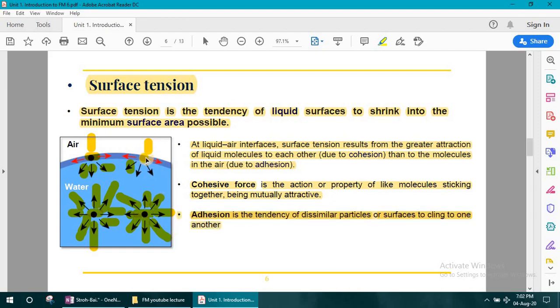So what happens here? These water particles are attracted by air also as well as water, but the water forces are more than air forces. So these particles get attracted toward the inside, and these get attracted towards each other. This is represented by red arrows. The water molecules at the surface of water get attracted to the water side and towards each other, and these red arrows represent tensile forces, so that the water surface acts as a stretched membrane, and this stretched membrane is because of the phenomenon of surface tension.